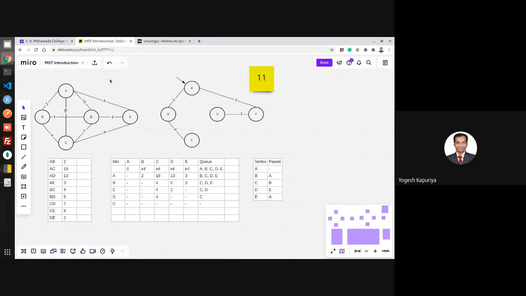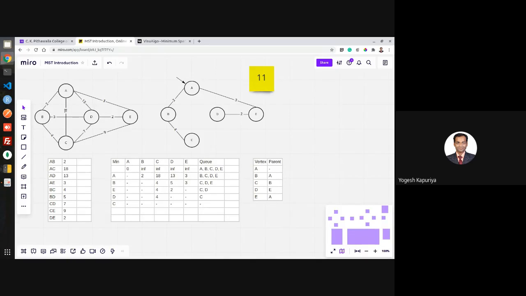We have been given this graph and this set of edges with weights. The first step was to build a queue, but that queue is of key values. The key value initially for every entity is infinity, except one, which is the source vertex.